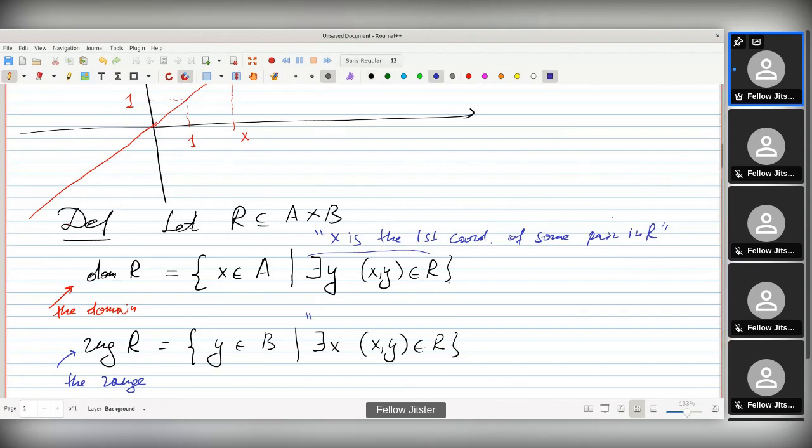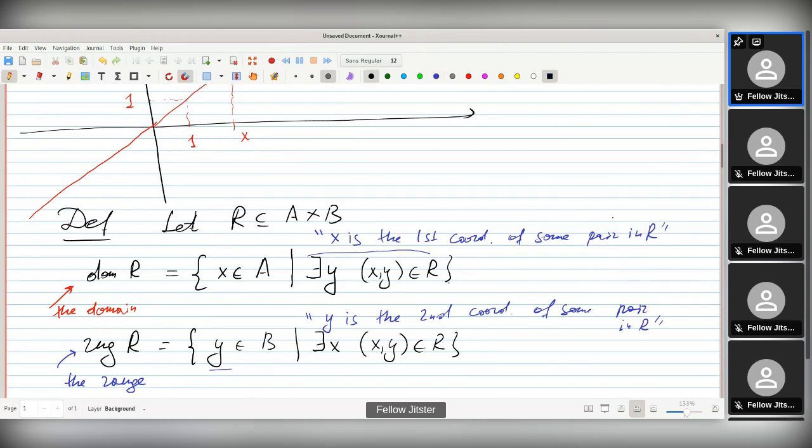Clearly, it is the set of all second coordinates. So y is the second coordinate of some pair